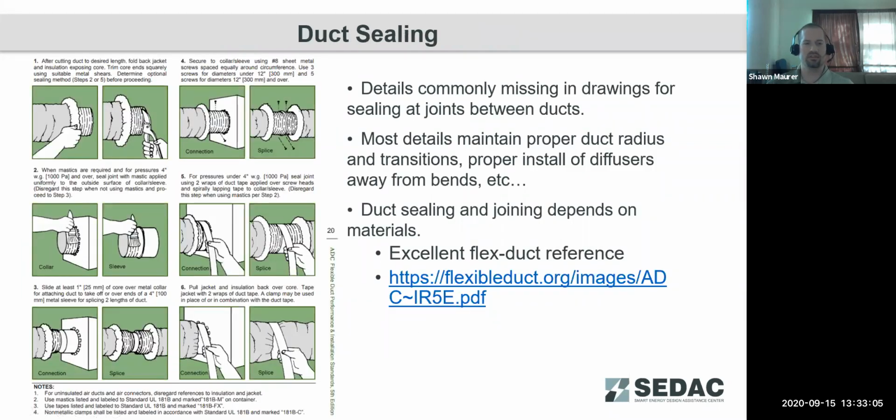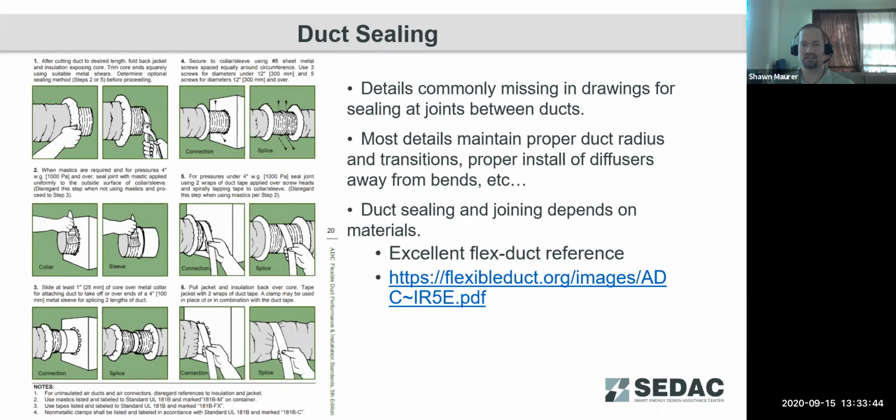Another thing that we don't really see a lot of in drawings is duct sealing and insulation details. What we commonly see happen here is that the installers rely on the HVAC contractors to know these details and install them according to those installation instructions for the ductwork. But as duct sealing is a requirement for the energy code, as well as duct testing for residential buildings, it would be helpful to include these kind of details, especially if you've got any kind of odd duct joints or anything like that,